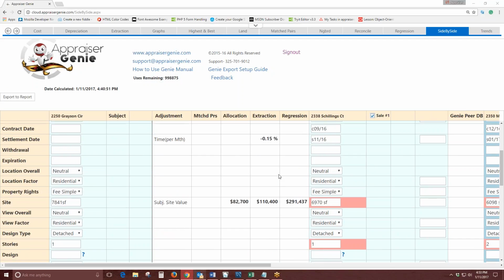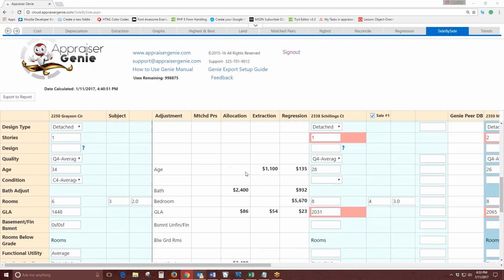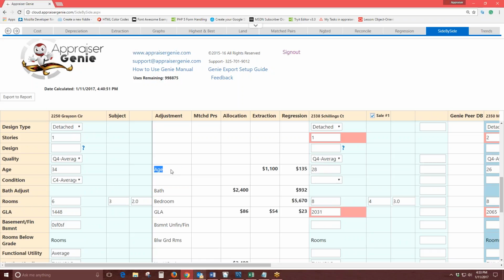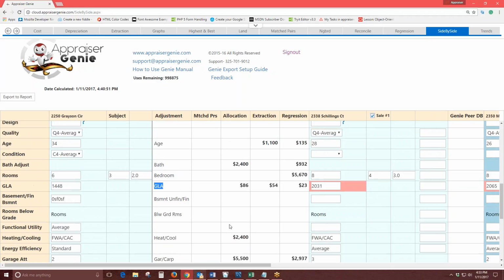Okay, so what we're going to do now is I'm going to show you guys how to actually select the adjustments. One thing to note is we don't actually put the adjustments in the grid automatically. You just go down this list and pick the ones you want to use. The reason why we don't automatically put them in the grid is because in your area, you guys may not adjust for age, or GLA may not be something you adjust for. Whatever the case is, we'll give you the support for everything, but you need to manually click on the ones